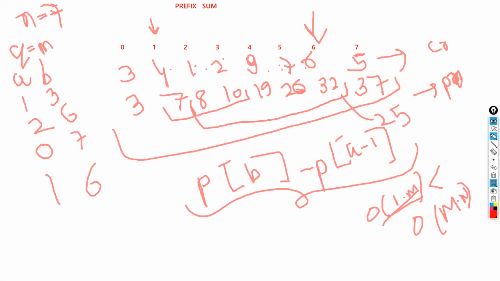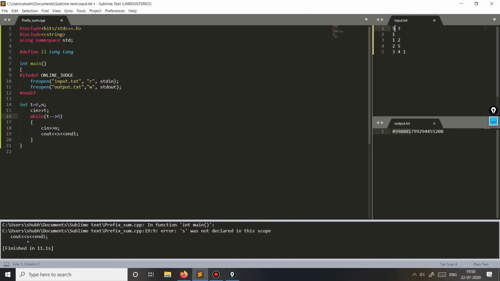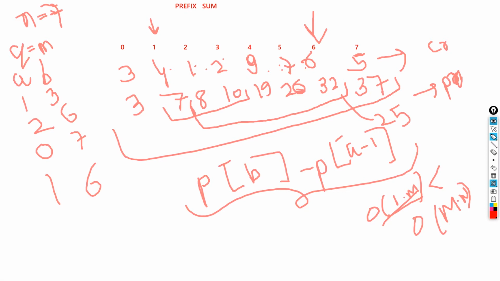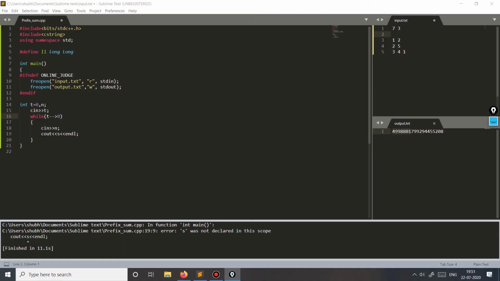The example was 7 element size, 3 queries. The elements are 3 4 1 2 9 7 6 5.